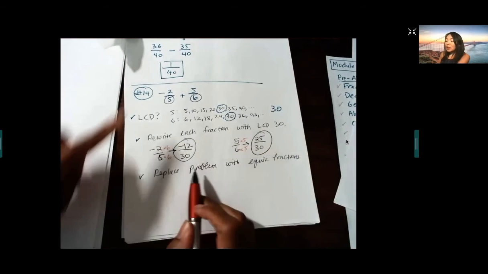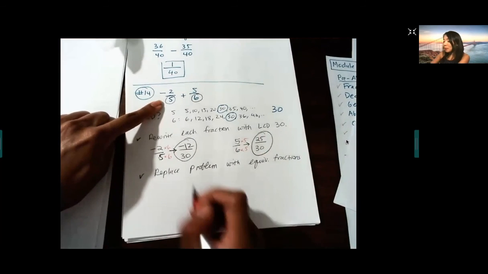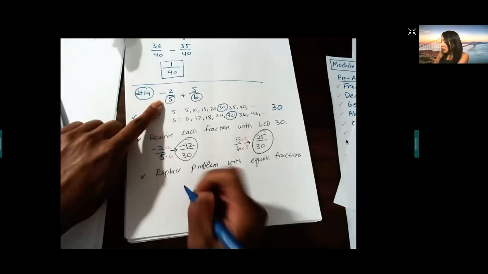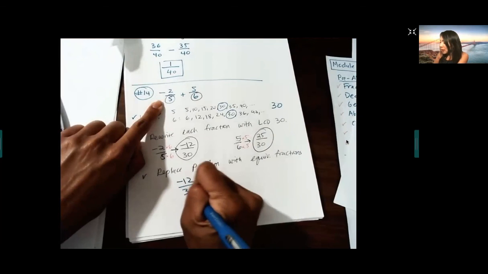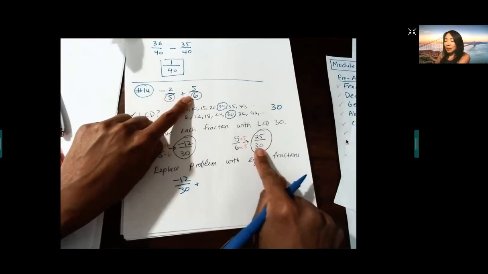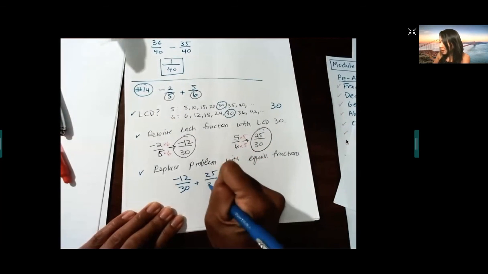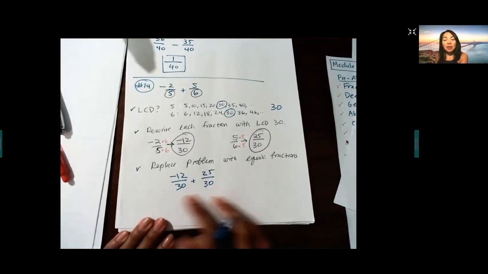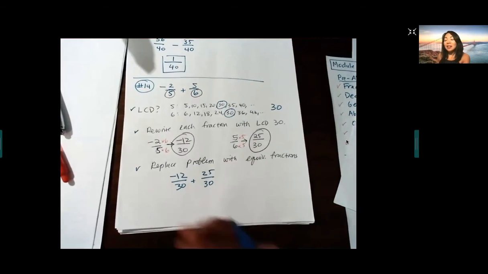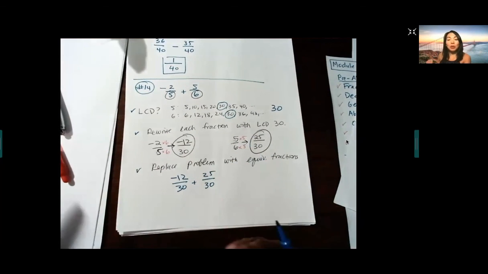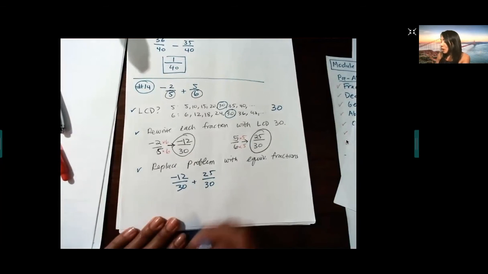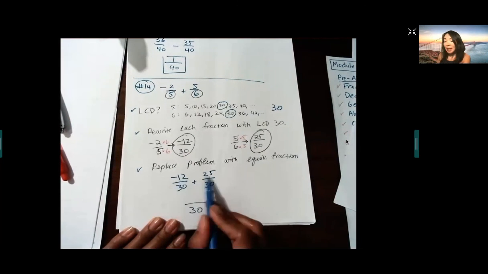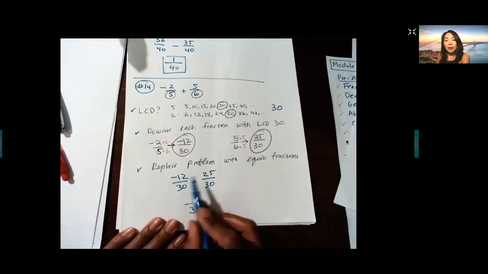So here, -2/5 now becomes -12/30, plus 5/6 now becomes 25/30. Voila! Now you have the same denominator, and now you can add or subtract the numerators and keep the denominator the same. So here, the denominator stays the same. So now when I add or subtract -12 plus 25,